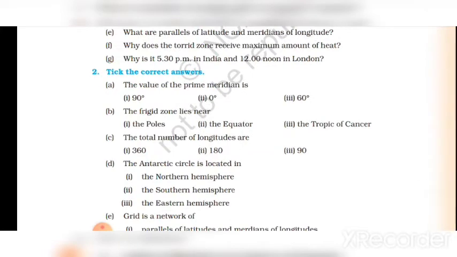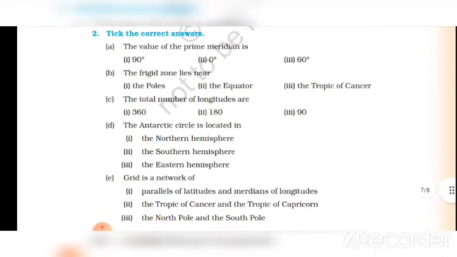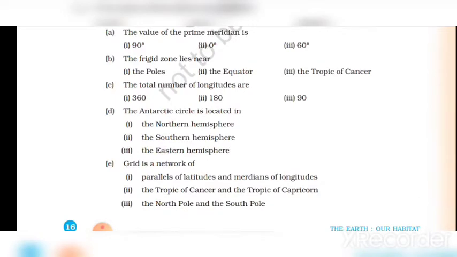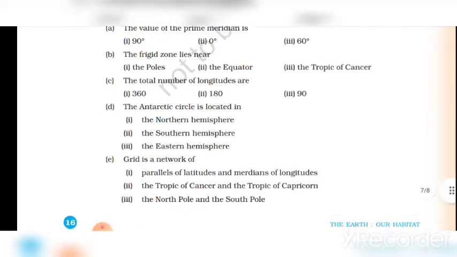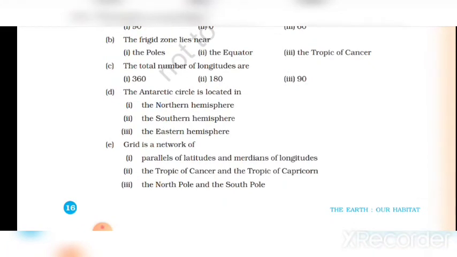Tropic of Cancer, 23 and a half degrees north in the Northern Hemisphere, Tropic of Capricorn, 23 and a half degrees south in the Southern Hemisphere, Arctic Circle at 66 and a half degrees north of the equator, and Antarctic Circle 66 and a half degrees south of the equator.